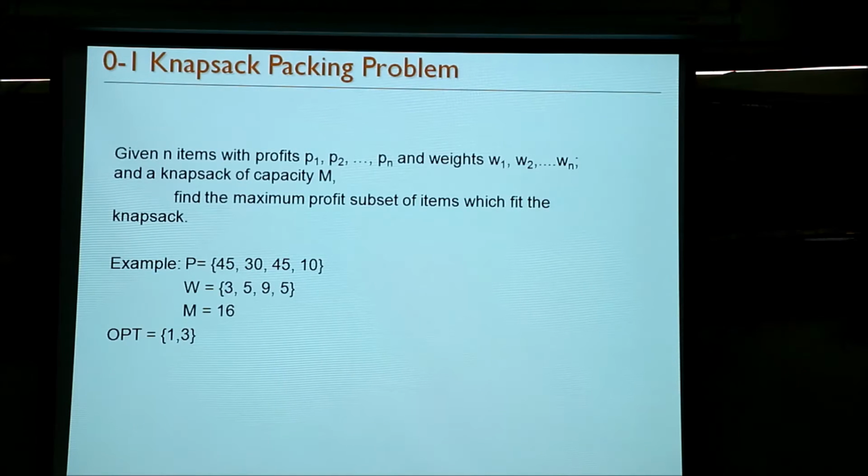Is it visible for everyone? Okay, so as before we will start with the backtracking tree, with branches x1 equal to 0 and x1 equal to 1. xi is equal to 1 if you pick element i in the solution. And here you will have this quantity.